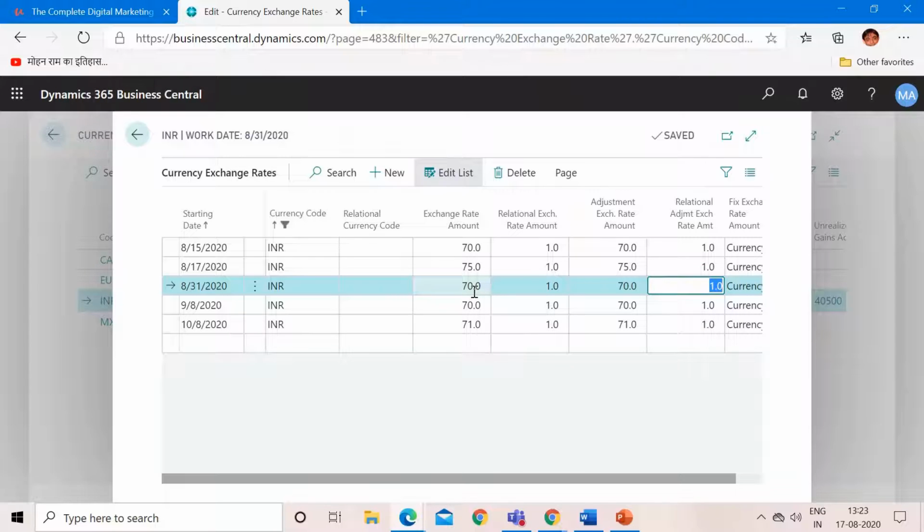This means the rate which decreased is the foreign currency amount and not the local currency amount. So this means we are on the gain side.